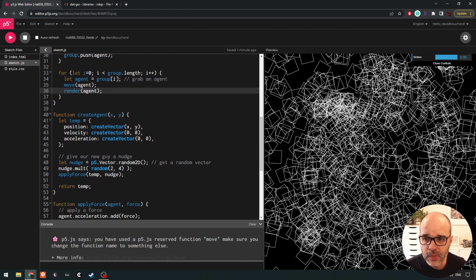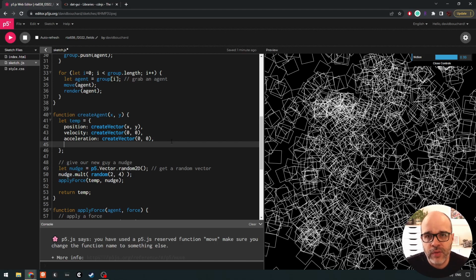So first thing is we need to give each agent some amount of life or life force. All that's going to mean really is we're going to add a variable inside our agent object. Just like they have a position, a velocity, and acceleration, now they're also going to have some life. Okay, so it's just a number. We could give every agent the same amount of life, maybe like 100, or just to mix it up a bit,